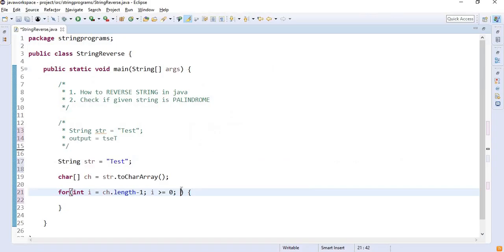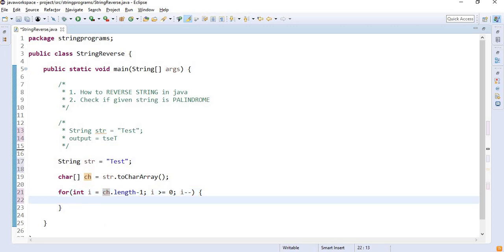So here I will say i minus minus. It will pick the last index, which is 3, and then I want to print. I want to print in one line, so I will simply use print, and I am saying print the character which is at i.